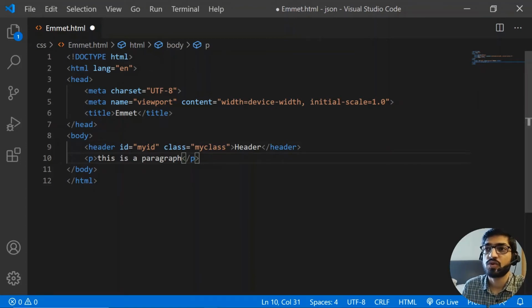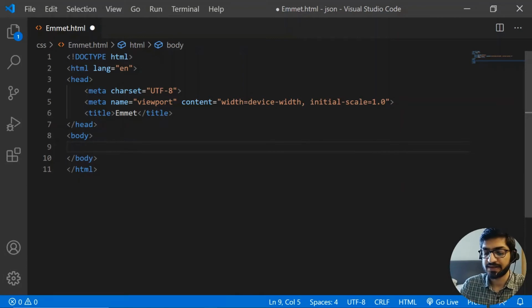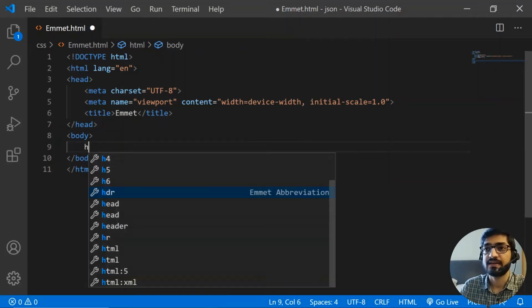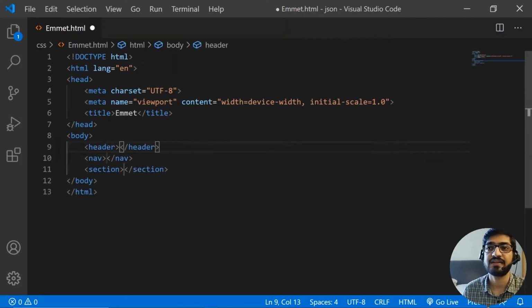Next thing I want to show you is how actually you can add siblings. So if you want to add siblings, I'm going to add a header. So HDR for header. After the header, I need a navigation bar. So I will have a navigation bar. After navigation, I need to have a section. And if I hit enter, then you can see that the navigation bar and the section and the header are